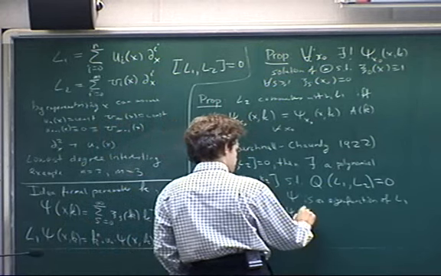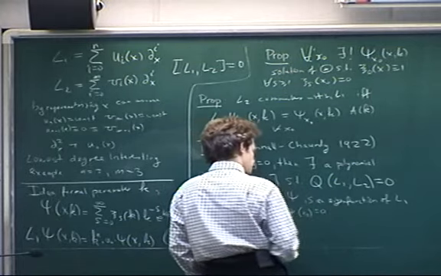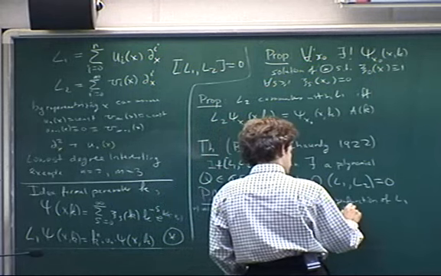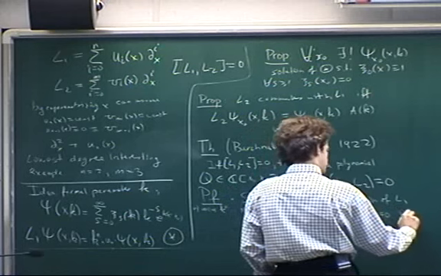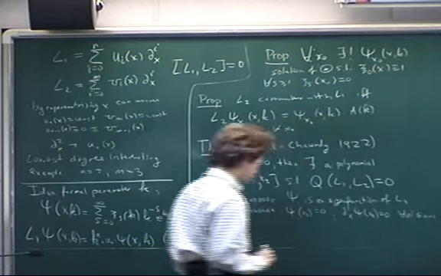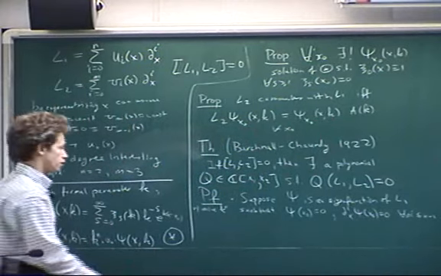If you take psi at x naught and k, it's 0, and any derivative of psi at x naught is 0 for any i from 0 to n minus 1, where n was the degree of this differential operator, remember. Then